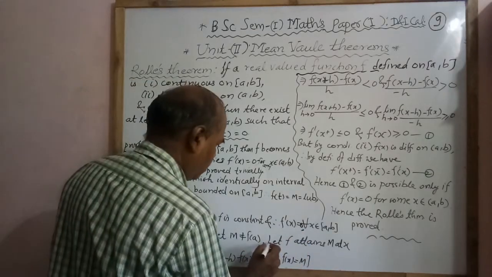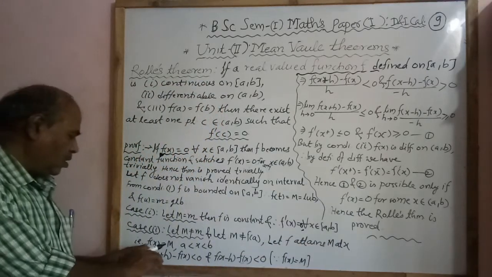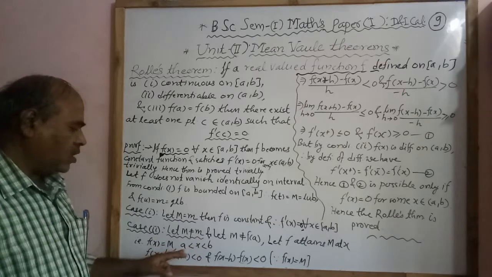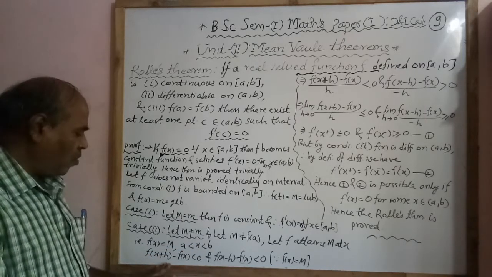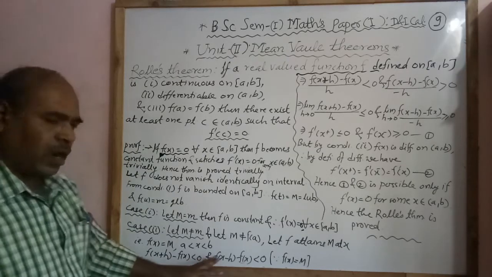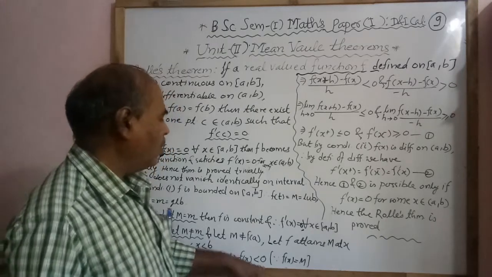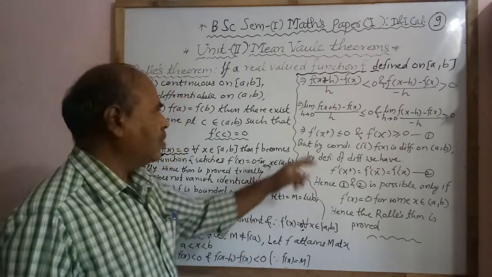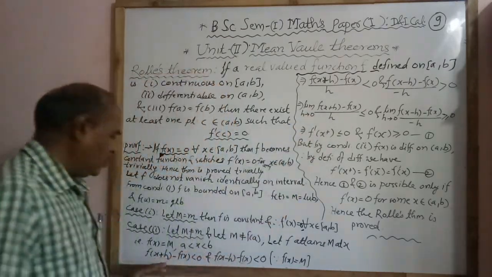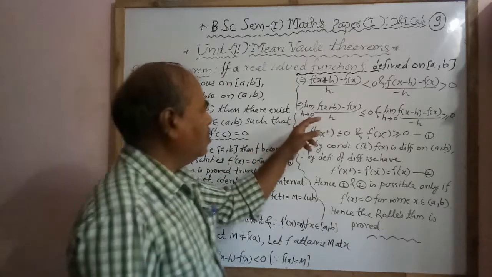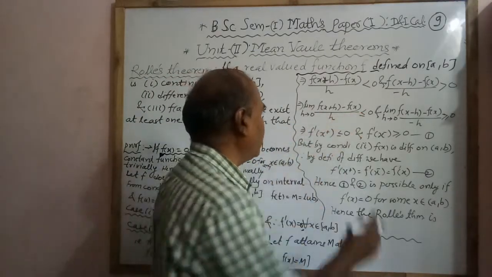Let f attain M at x, that is f(x) is equal to M for x lying between a and b. Therefore, we have f(x plus h) minus f(x) is less than or equal to 0 and f(x minus h) minus f(x) is less than or equal to 0, since f(x) equals M. Now we divide by h and take the limit as h tends to 0 of both the equations. Therefore, dividing by h, limit h tends to 0, f(x plus h) minus f(x) divided by h